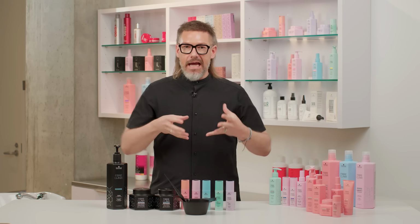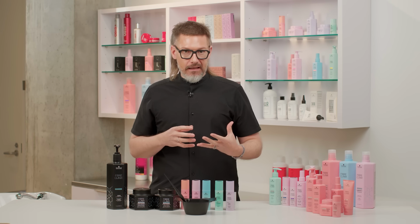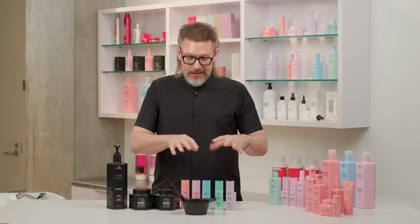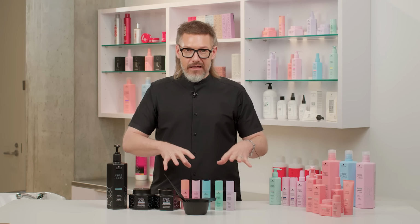Our advice to you as a stylist is if the client or customer or guest, however you call them, is interested in a Fibre Clinix treatment, an in-salon customized treatment, our suggestion would be measure out the mask, in the back bar or whatnot, and then take these boosters that you've got that are in-salon only and talk through with your client, like, what are your main concerns? Oh, my hair is damaged and it's dry. And literally do this in front of the client so that they can see that this has been truly customized